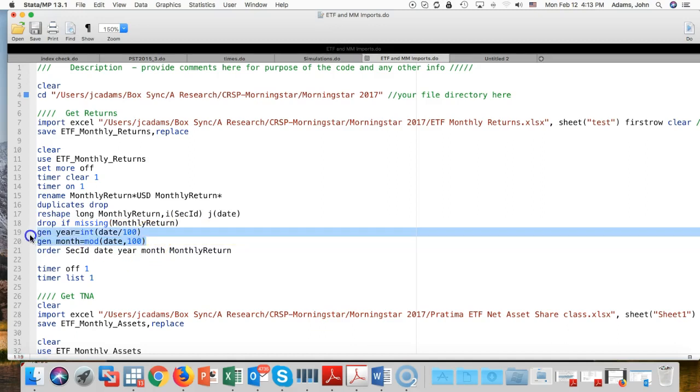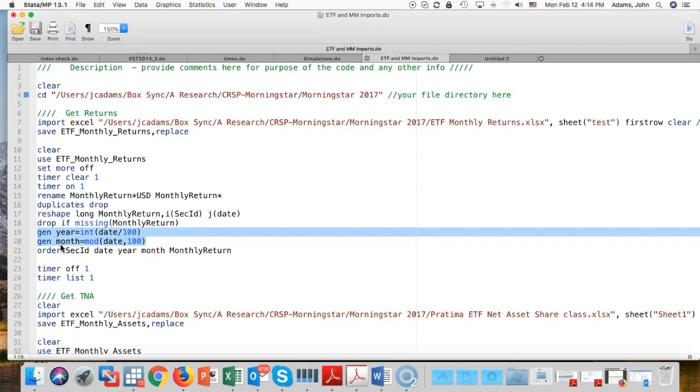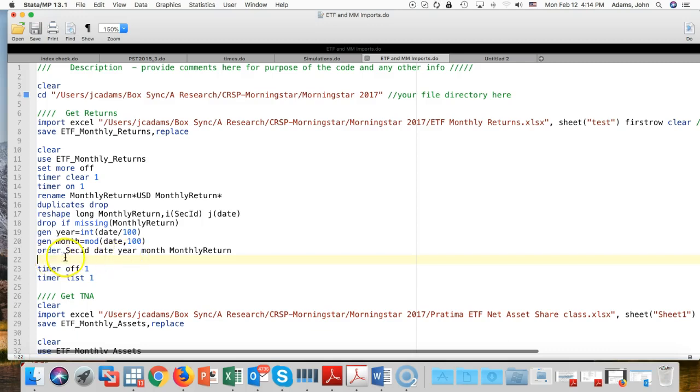I use these two commands because the data, when I look at it, is in a numeric format, so it's a number. Had that date, when we pull in the date, if it comes in as a string variable, we'd use a different set of commands to generate year and month. But I've already ran this before, and I know it imports from Excel as a numeric, so I'm good. And then I want to order this data